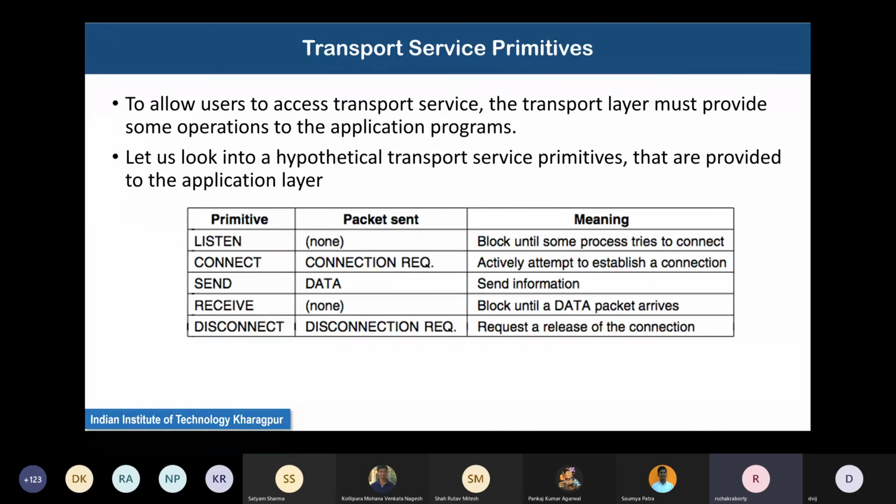Then there is a receive primitive, which is just receive the data until the packet arrives, and then there's a disconnect. There's a disconnection request which says that I'm done. I'm requesting a release of the connection, and the other party should comply, and then finally it will be released.